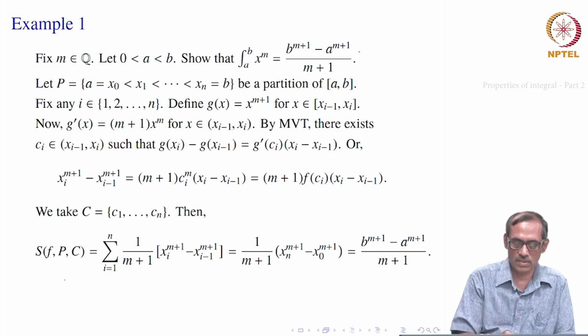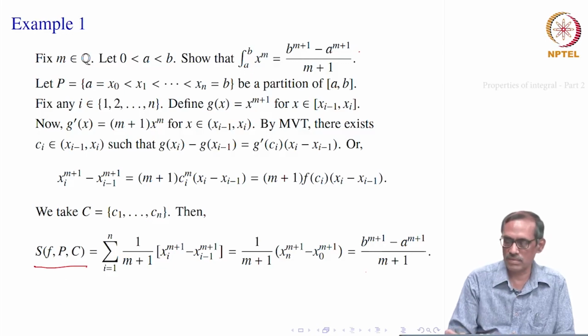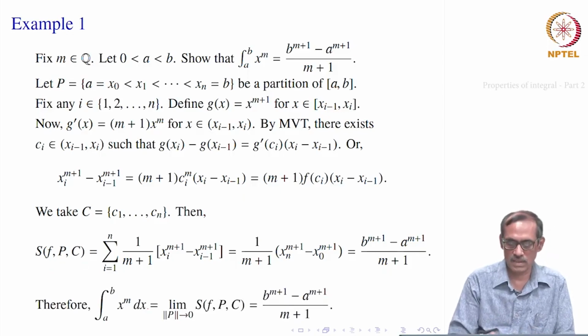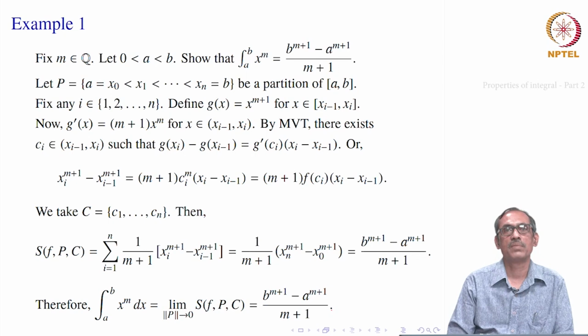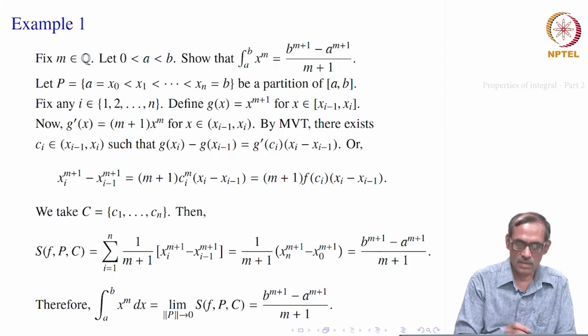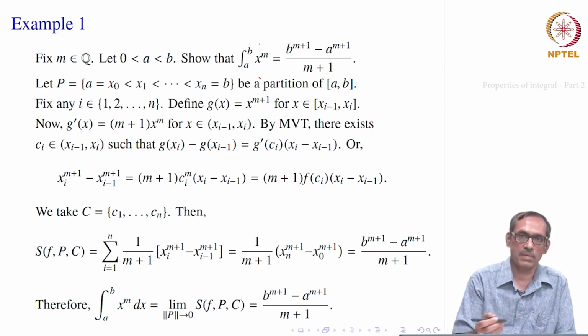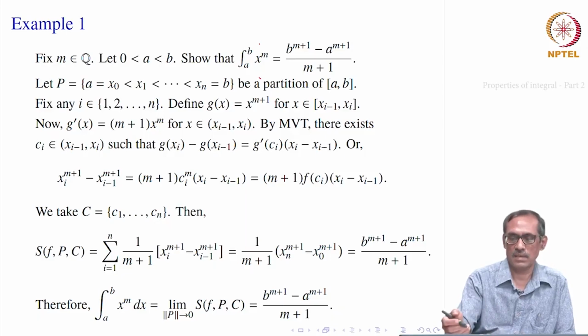But for our choice of points c_i specifically chosen this way, we see that the Riemann sum itself becomes a number. So, therefore, in the limit the same number stays. So, we get the integral to be equal to b to the power m plus 1 minus a to the power m plus 1 divided by m plus 1. So, this trick will be helpful whenever you have a very complicated function and you cannot really do anything through the limits, you apply the mean value theorem for the differentials. Otherwise, it may not be required. Sometimes we just get it from the function itself, how to evaluate the limit.